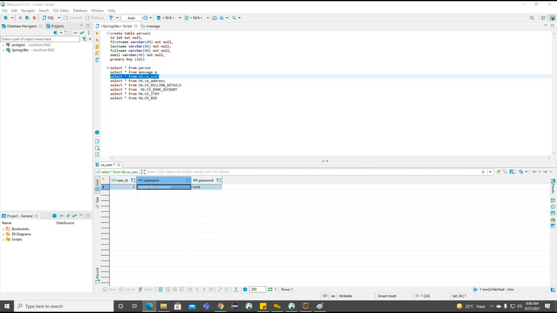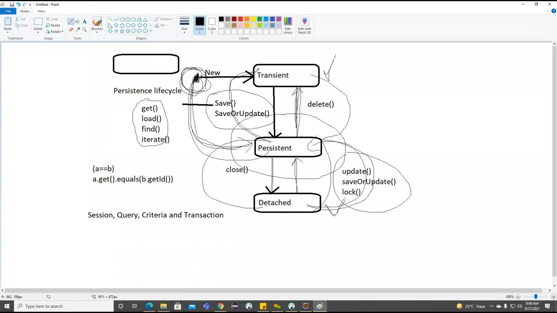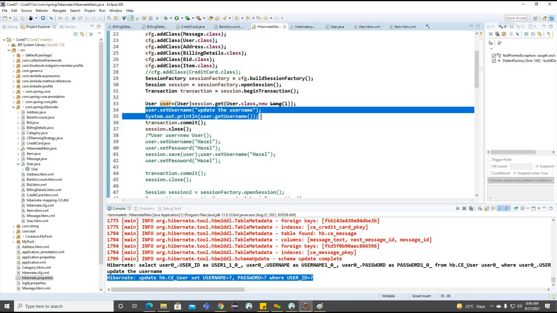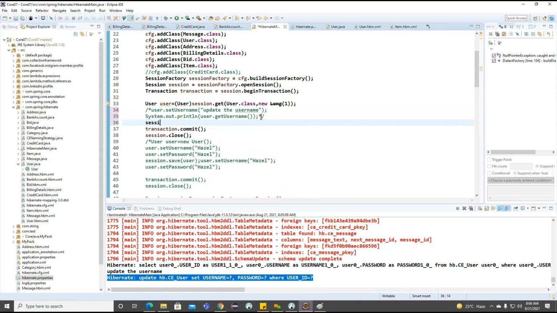Okay. The final one, we need to work on the delete operation. So this is our pending operation. Up to this, from the persistent state, we are not connecting to the transient state here. Now if you observe, here we are loading an object. So now what I will do, I'm commenting these two lines of code, but here session.delete.